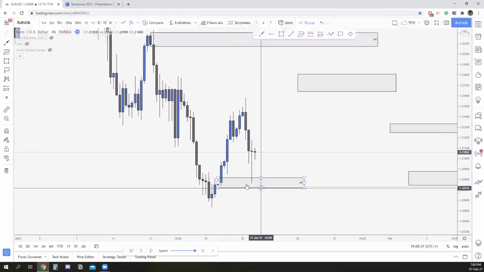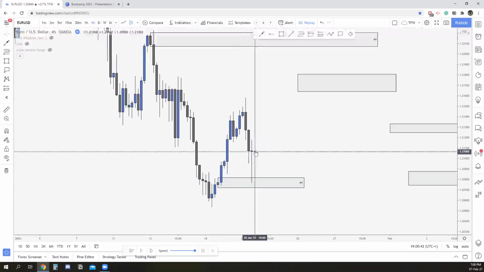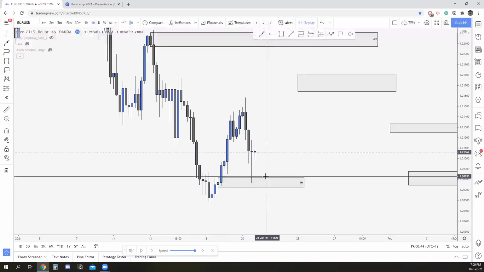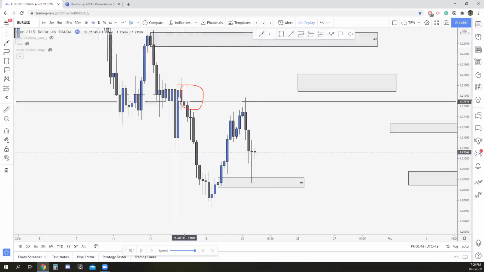So usually I would really love to see an immediate reaction around an OB. So if it doesn't move the first time, okay, second time. But then if it doesn't move the second time, I'm going to remove it because it's probably not a good one. So Johnny, you indicate this one.